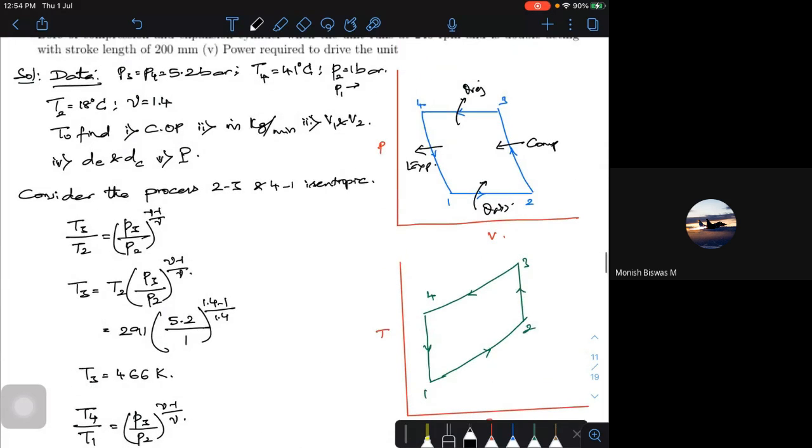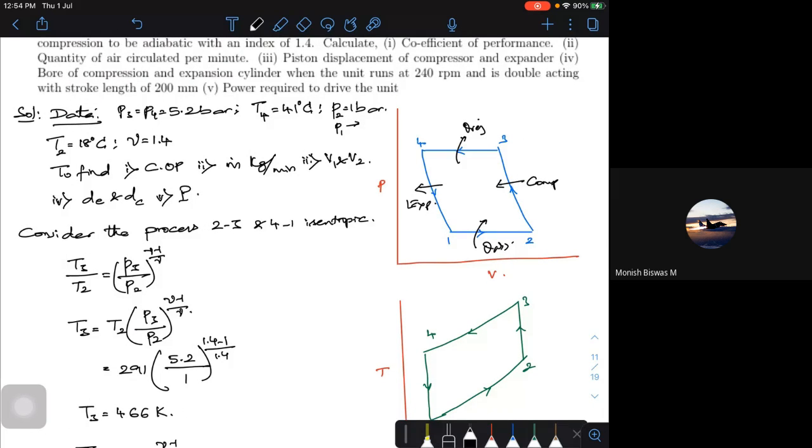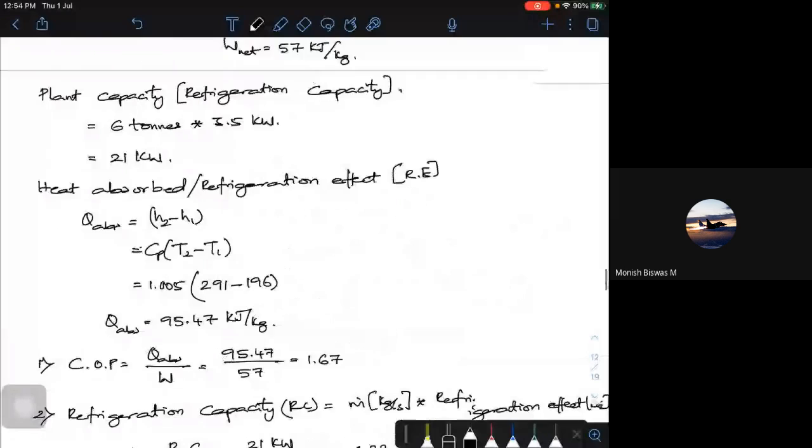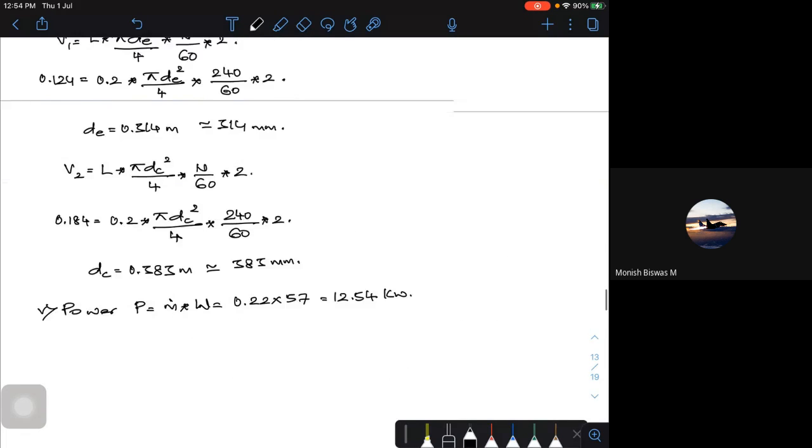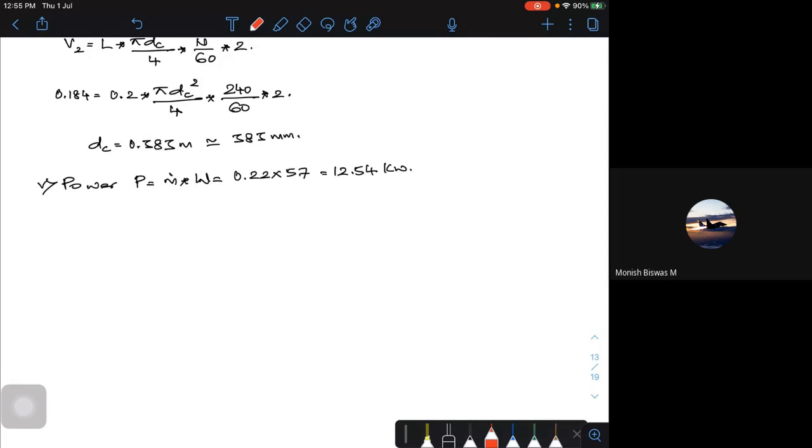So everything we have found. In the same problem, I think I missed out one particular thing. Suppose they ask for stroke volume, what are we supposed to do? V2 minus V1, that's it. So the extra thing, I'll write it in red color, so that if they ask in the problem statement. In this problem they have not asked actually, so this is an extra thing. The sixth one, if they ask the stroke volume, that is Vs, which is equal to V2 minus V1, which